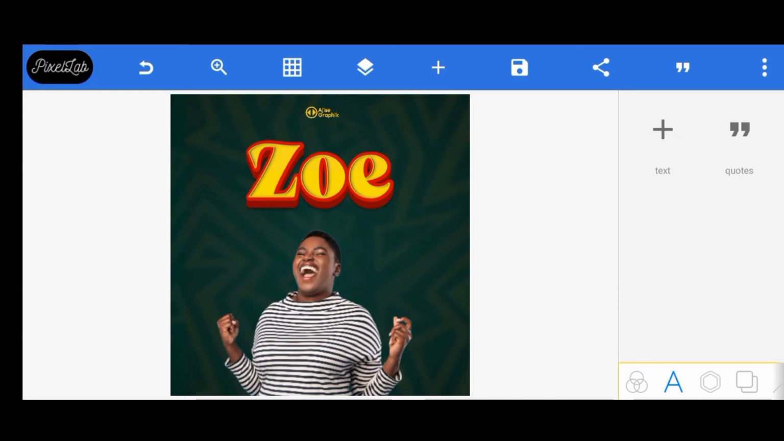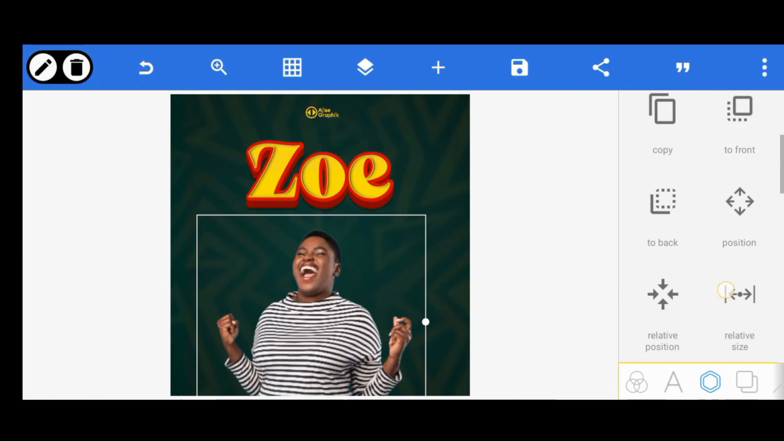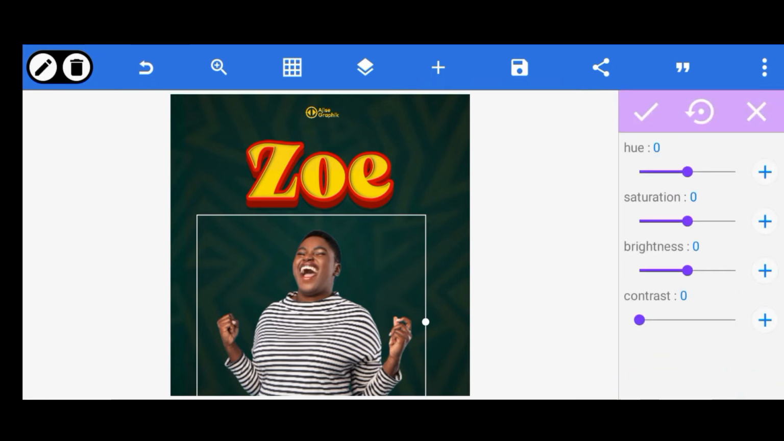So once that is there, now tap on the image, then go to the image color filters. Tap on color filters, increase the saturation by 7, increase the brightness by 2. Yeah, it's fine that way. Then the next thing you want to do is to,